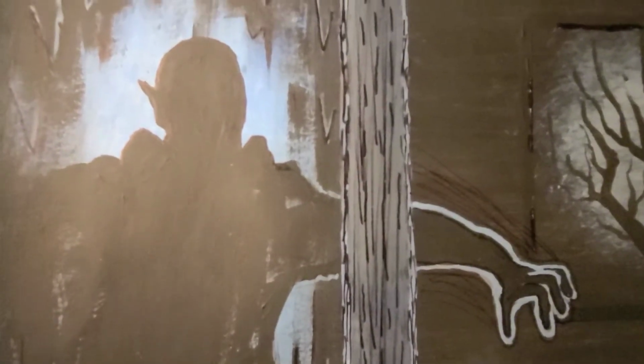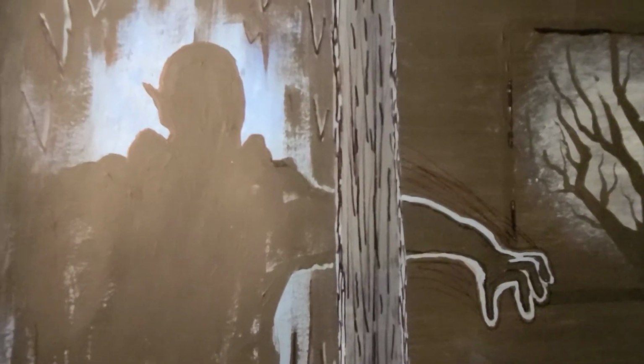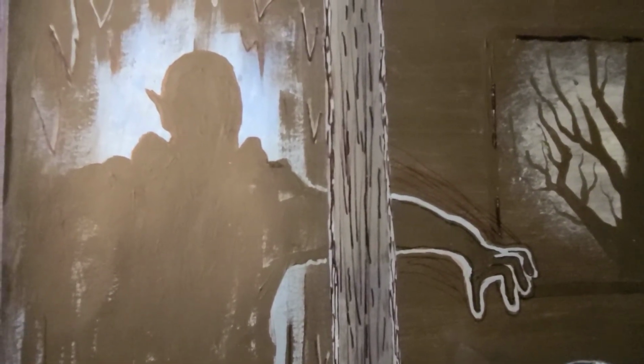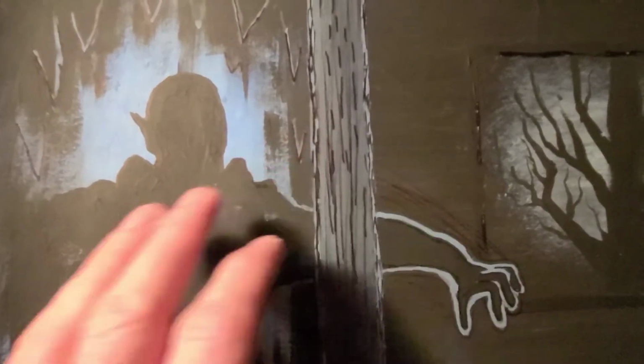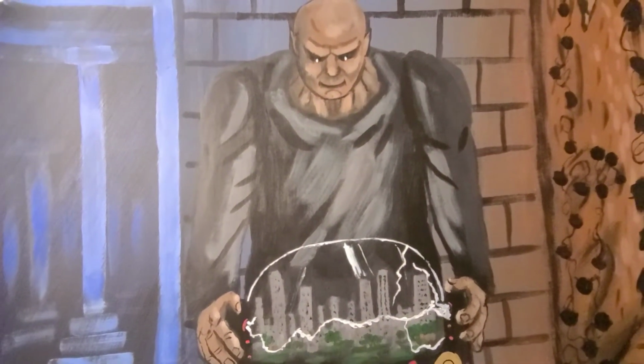And I really like using a bluish type, silvery, grayish background for some of my paintings. So he's coming from that primal dimension, that murky prison. And there's so much to this character, I'll have to do a video in the future, more than probably one video in the future, explaining him. I don't know when that'll be, but I'm not going to do it all in this video. There's not enough time. I have many more paintings than what I'm showing you